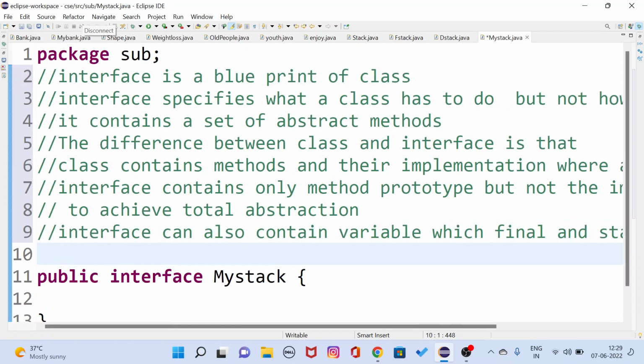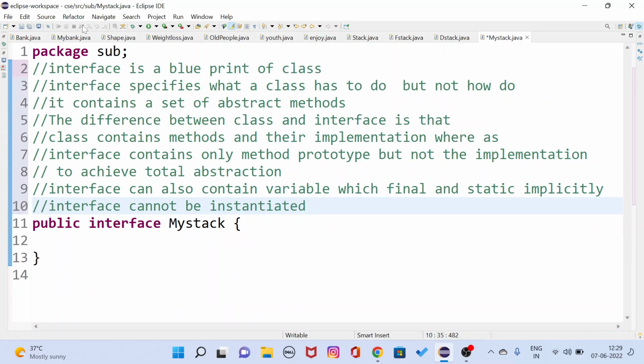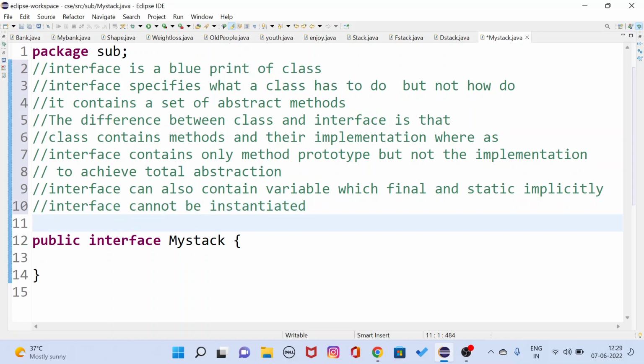And one more difference is that interface cannot be instantiated. What we mean by instantiation? Creating an object. Instantiation means creating an object. You cannot create objects from interface. You can create objects from a class, but you cannot create objects from interface. But one more thing is, interface can be inherited. We can create one interface inheriting the other interface,